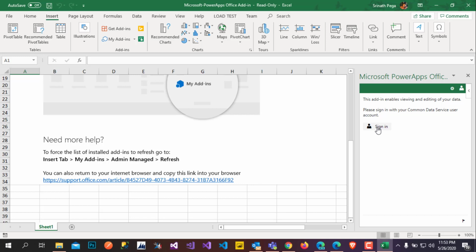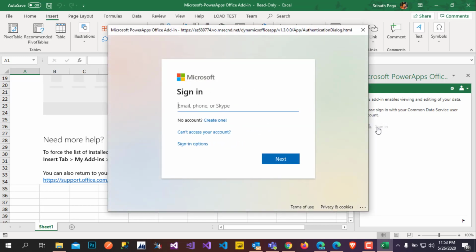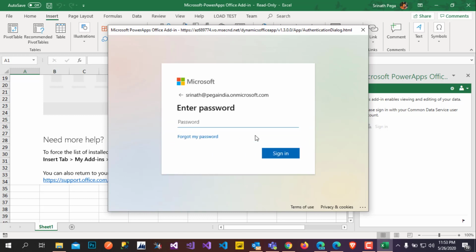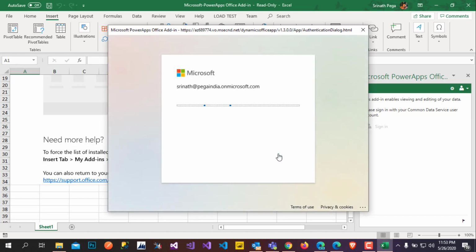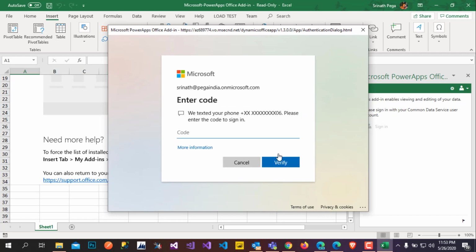Now sign in to this add-on, so I'm entering my details. When you are on single sign-on, it won't ask you to sign in. Automatically it will give you the sign out option because you're already signed in.